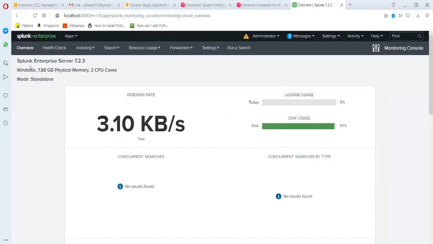It is talking about the Splunk Enterprise server. I am running 7.2.3. It is talking about my operating system, Windows, 8 GB physical memory, 2 CPU cores. Now, what this monitoring console is here, you can see health checks,